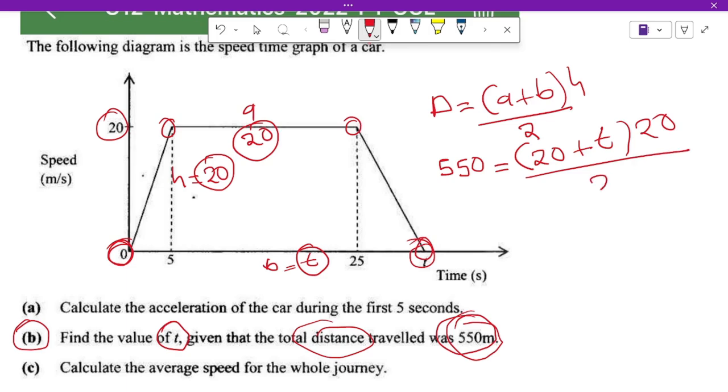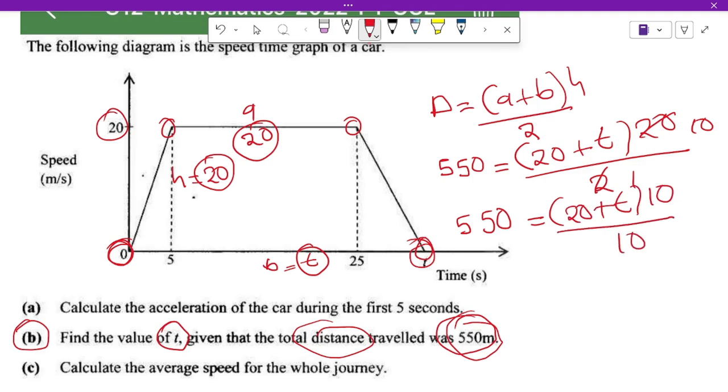Everything over 2. So 550 is equal to, you can say 2 there, 1, 2 there, 10. So we're going to say 20 plus t. You can simplify those values over t. So here I'll divide both sides by 10, so that this and this one will be cancelled. Then here I can simply cancel the zeros, meaning I'll remain with 55 is equal